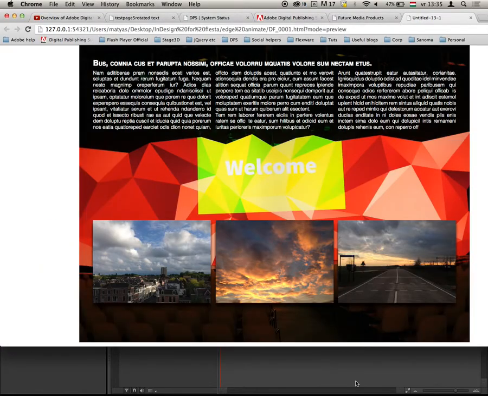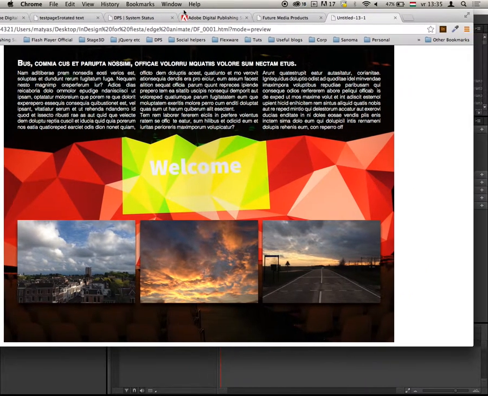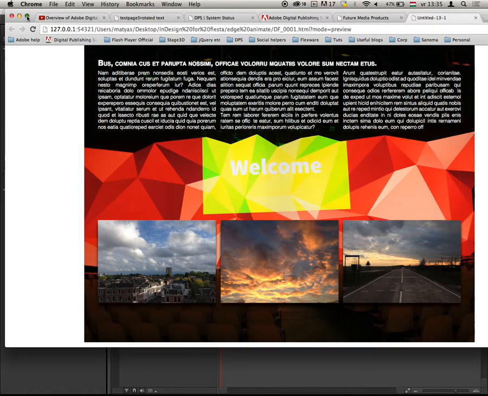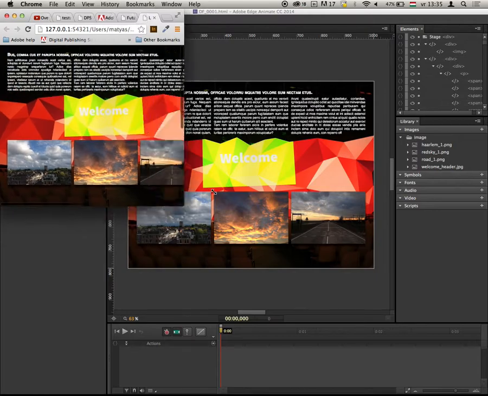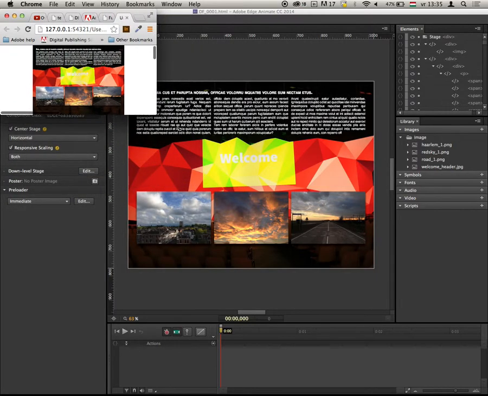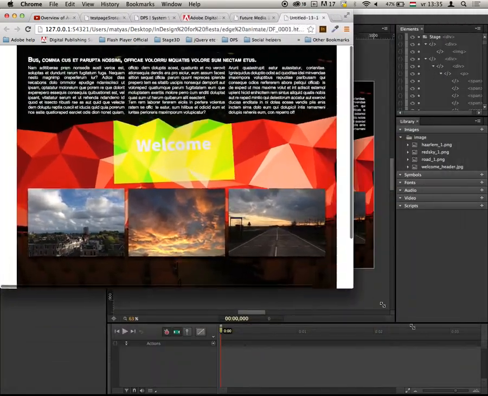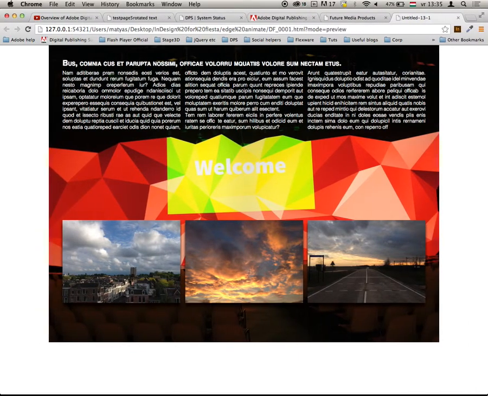If I test it from Edge Animate, you will also see that I can add, let's push this button here, this responsiveness to the site. So it becomes scalable. And if you imported the Edge Animate file from InDesign then,